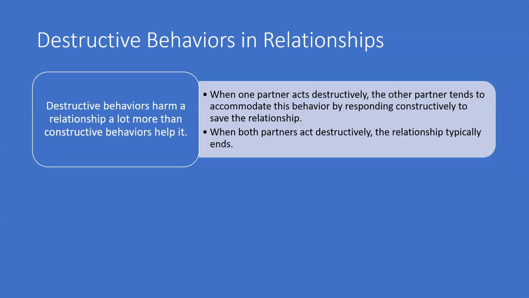Usually that's not particularly effective. So you have a relationship where you have a lot of ups and downs and a lot of strife, and one person actively trying to fix things and the other one actively trying to tear it down. If you have both partners acting destructively, you have a lot of toxicity and a lot of mutually assured destruction, to borrow a phrase from